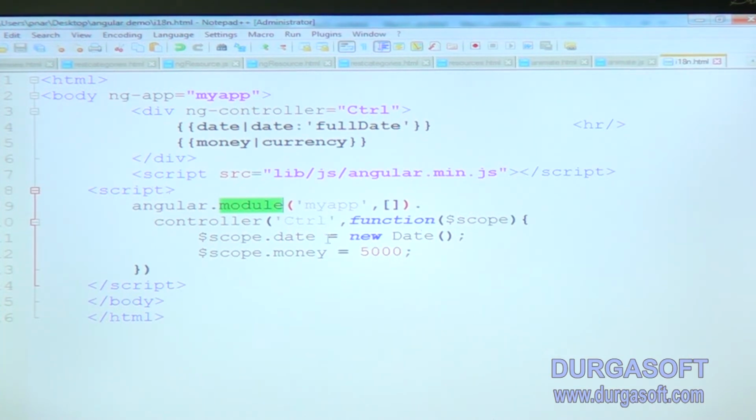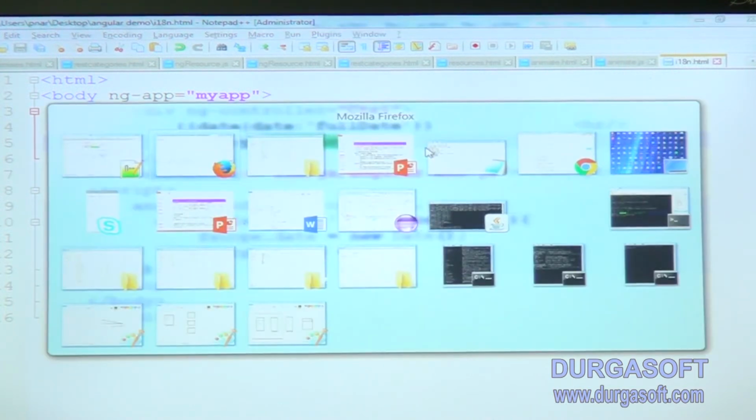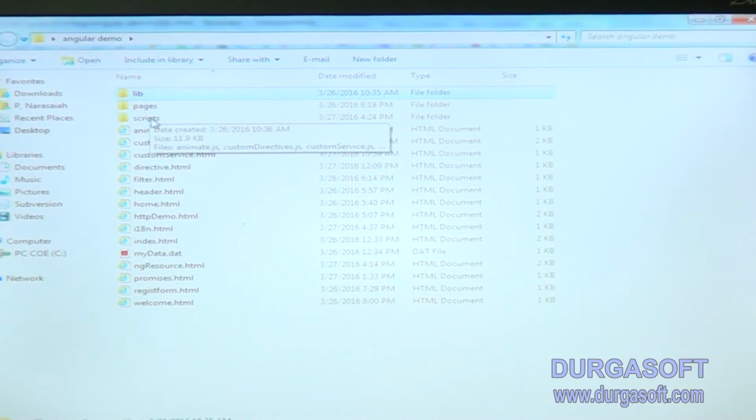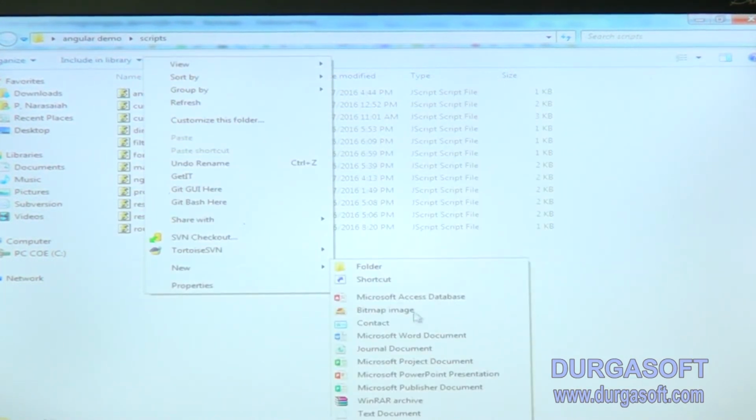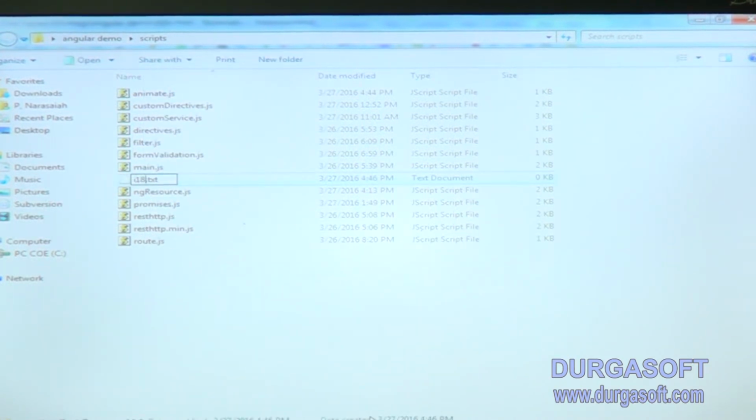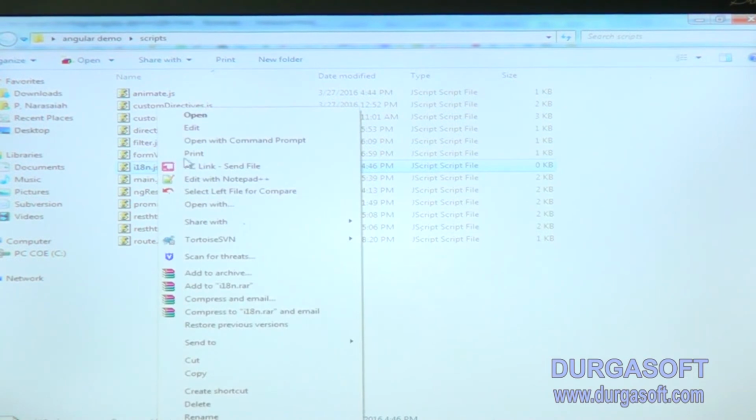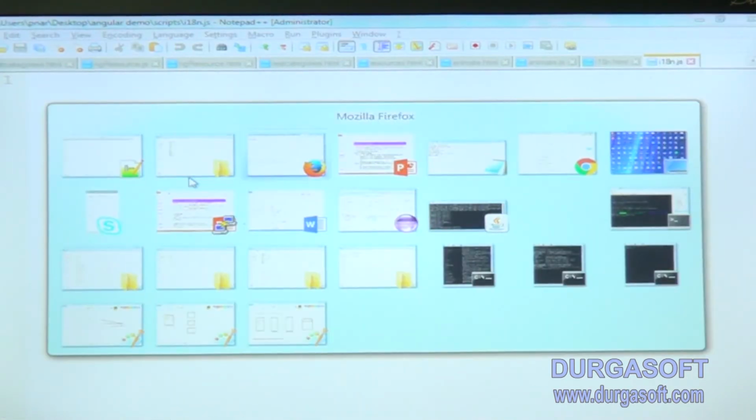For now I am creating one i18n.html file. Here I am displaying a date and money: full date and currency. Now I have to create one JS file, i18n.js.